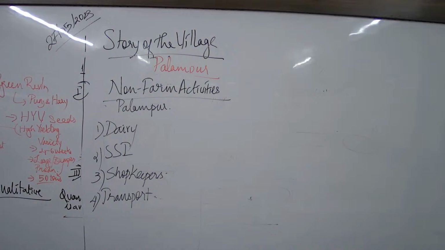If I open a shop in Palm Beach where we are living, I'll buy the goods from there. Most of the shopkeepers will buy it from there. He might buy it at a cheaper rate because he buys 100 kg, 200 kg. I'll keep that 100 kg, 200 kg here and sell a small amount to you. But since I need to make a profit, I will be charging you a little bit high. This is what shopkeepers are doing in Palampur.